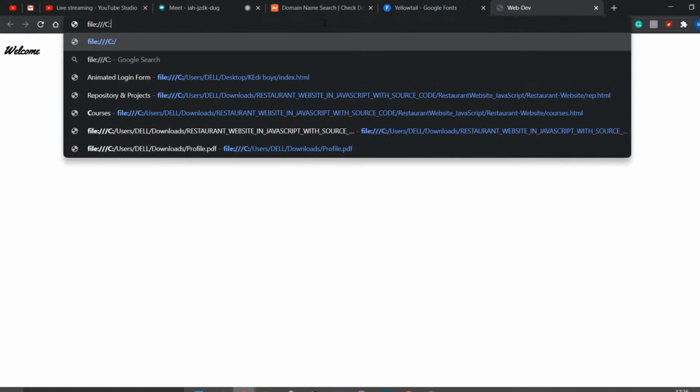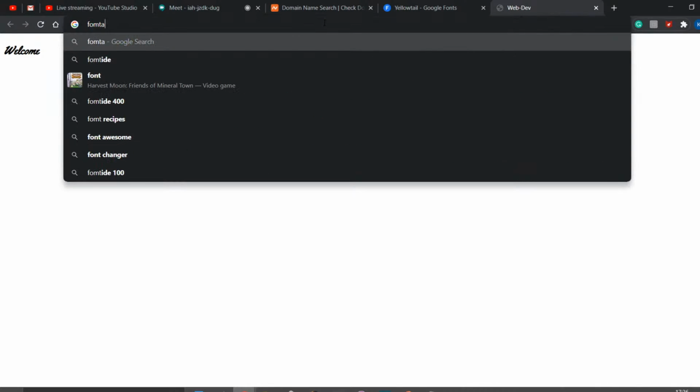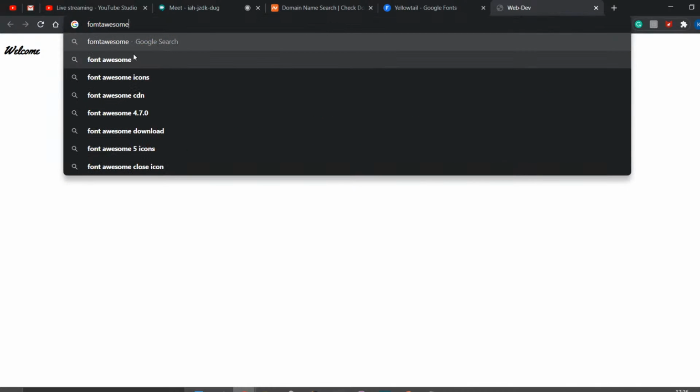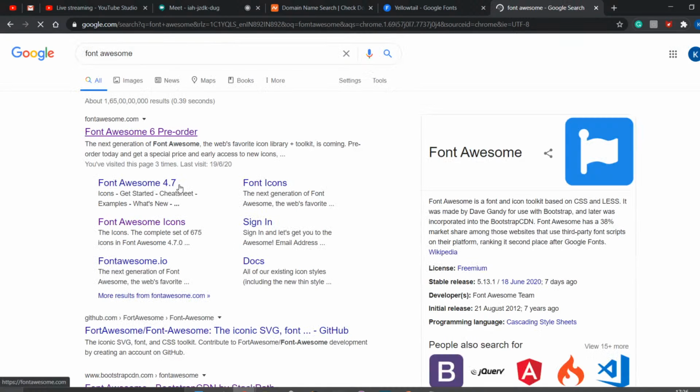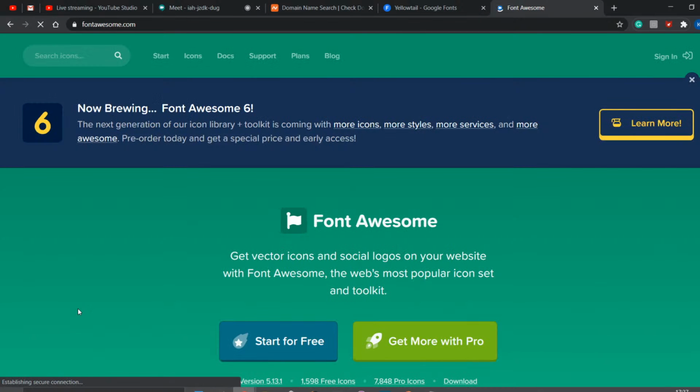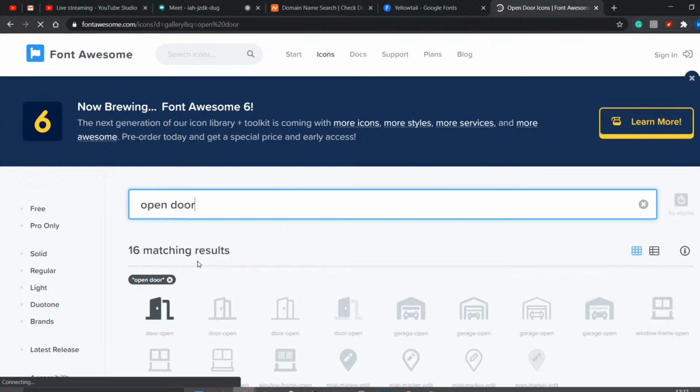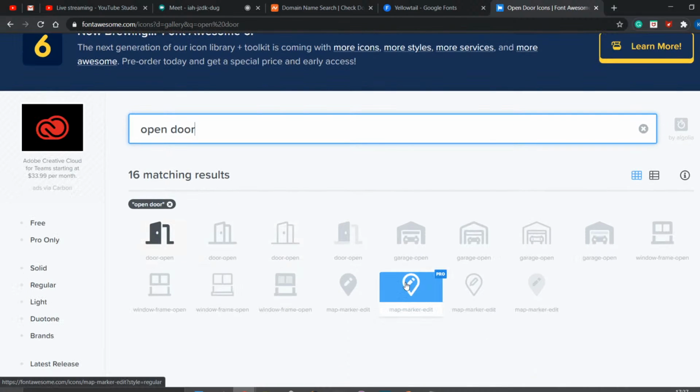And when we are using a font or image, you can pick it from Font Awesome. A very good site that developers use a lot. You can pick whatever icons you want for your website. It is inbuilt. For example, I need an open door. It is visible, right? See, whatever icon you want.